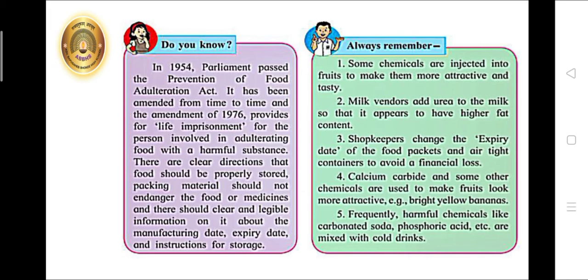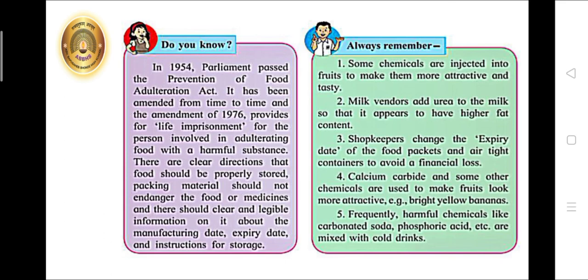There are clear directions that food should be properly stored, packing material should not endanger the food or medicines, and there should be clear and legible information on it about the manufacturing date, expiry date, and instructions for storage. So, we should always check the manufacturing date and expiry date of the food items we purchase.